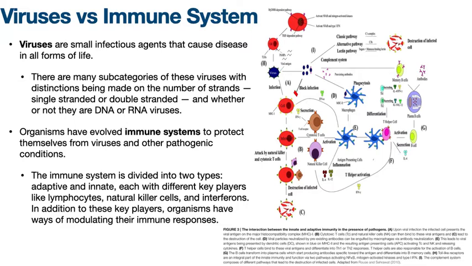Additionally, we want to understand that we have immune systems that protect us from these viruses and other pathogenic conditions. Organisms have evolved these immune systems over millennia, and these immune systems are divided into two types. So we have both these types in us. We have our adaptive immune system and our innate immune system, each with different key players like lymphocytes, natural killer cells, interferons. And then we also have compounds that aren't immune cells, but they have activity that regulates or modulates